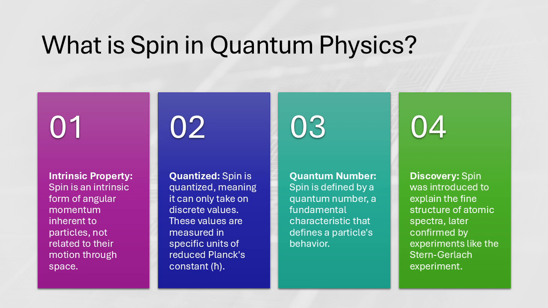Gotcha. But I also read about the Pauli Exclusion Principle, which says two electrons can't be in the same quantum state at the same time. So how does that work with spin? It seems like they'd always be running into each other. Well, that's where spin comes in. You see, electrons can have two possible spin states. Up and down. Yeah, you got it. And this helps define their quantum space. So to avoid a quantum traffic jam, two electrons sharing the same energy level have to have opposite spins, like one up, one down. Exactly. It's like they need their own designated spots, and their spin creates those spots, which is super important for how atoms are structured and how they form bonds.